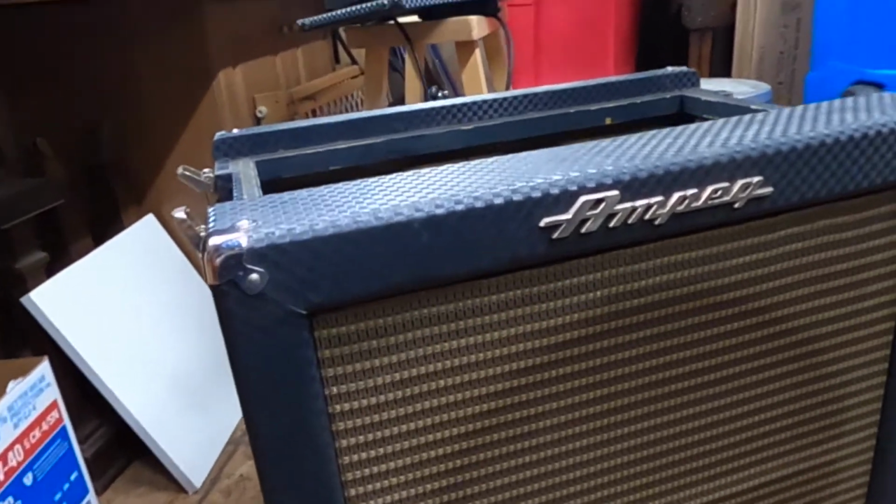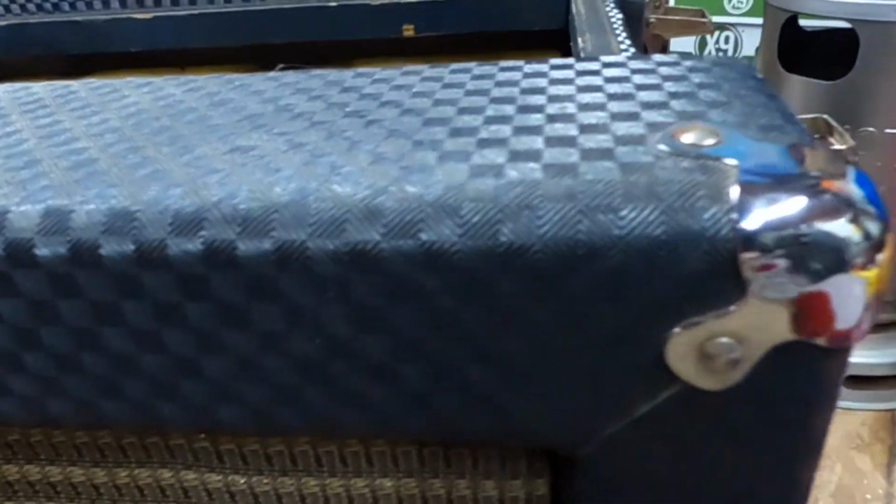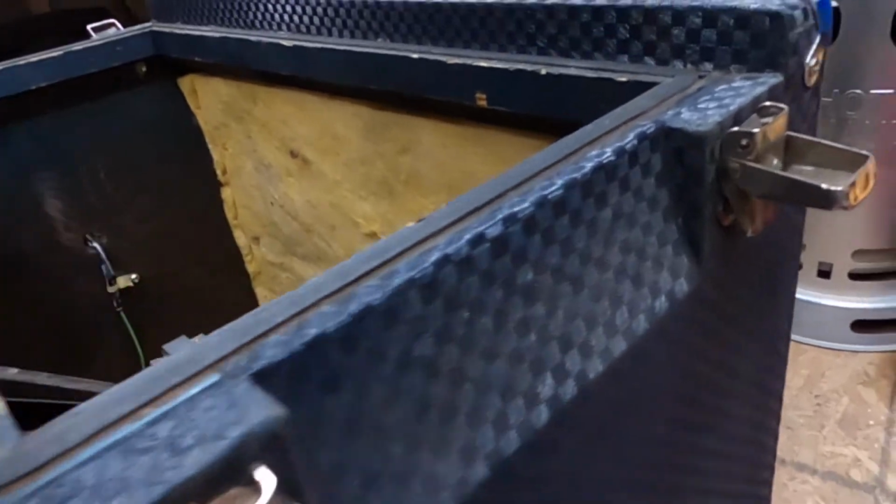This amp and amp cabinet is in really great shape. Even the corners, the metal corners for the cabinet itself, nothing has really been replaced. This is just in fantastic shape. The Tolex on the back, a lot of times they get scraped up on the back and on the corners